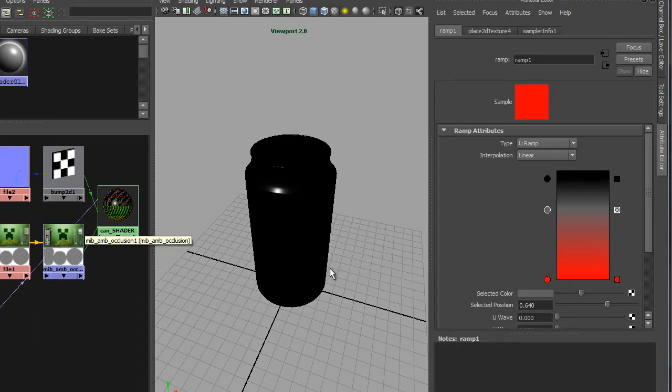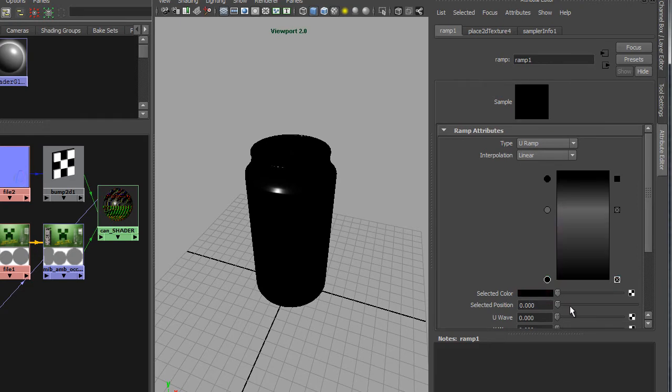The last one, just here, is once again going to be grey, but it's going to be a very dark grey, so probably to about here, roughly, yeah, about there. And the position is going to be about halfway up the ramp, about here. So what that's going to do, basically,